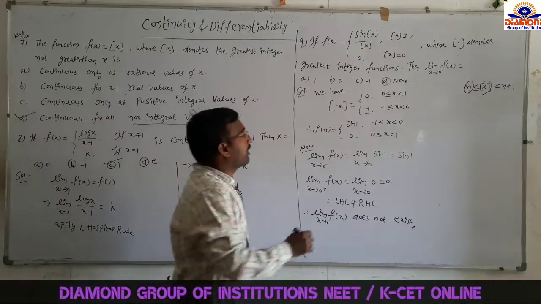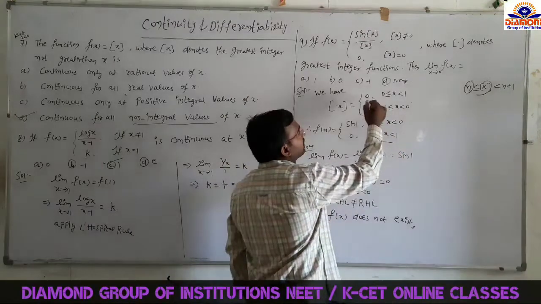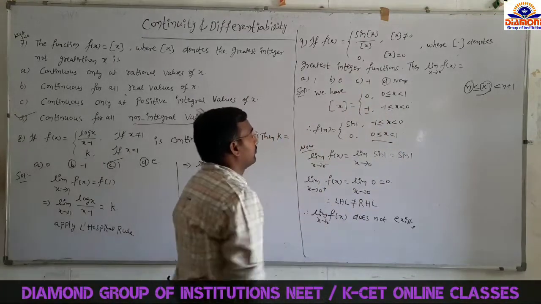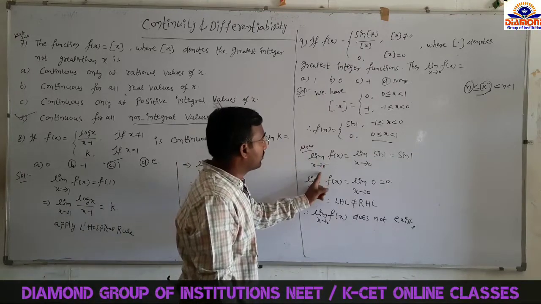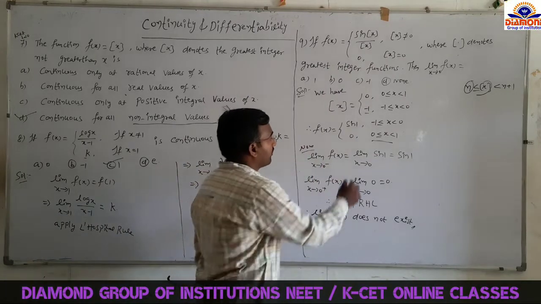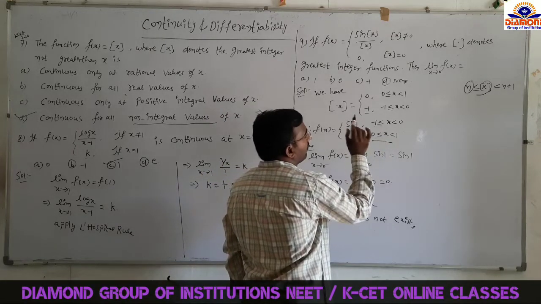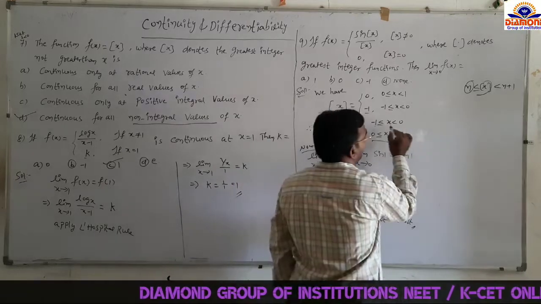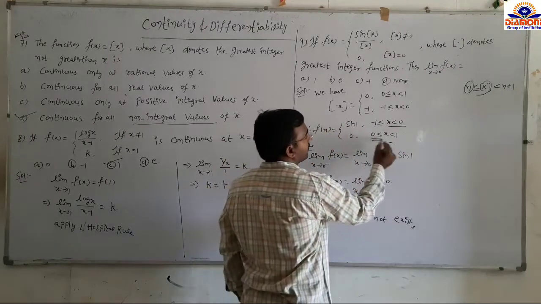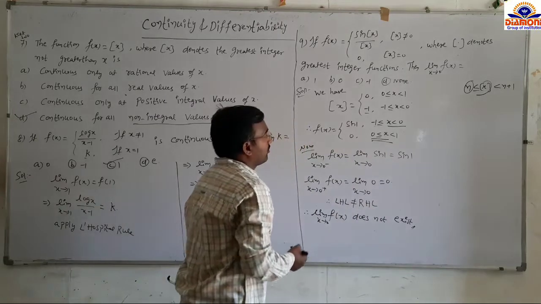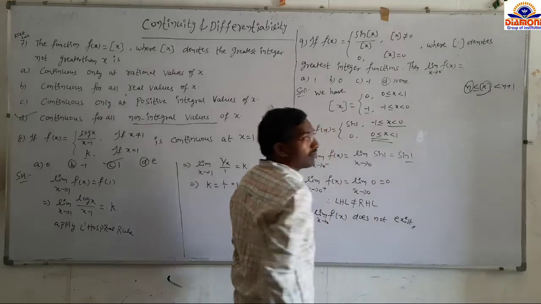Next, if you take 0 is less than or equal to x less than 1, at that time step x value is 0. That's why you can take 0. So first find out the left limit. Limit x tends to 0 minus f of x equal to 1. Limit x tends to 0. What is the left limit value? This one, sin 1. Left limit means x less than 0 you can take. Right limit means you can take x greater than 0. So sin 1 is a constant, so you can write sin 1 only.